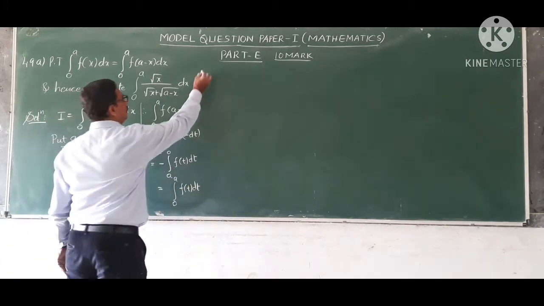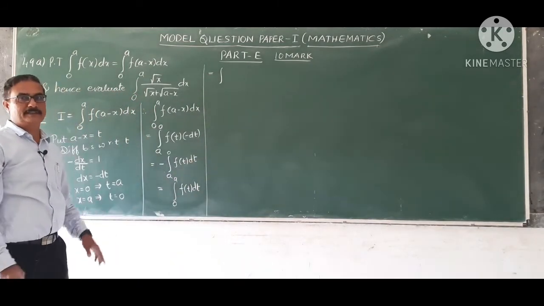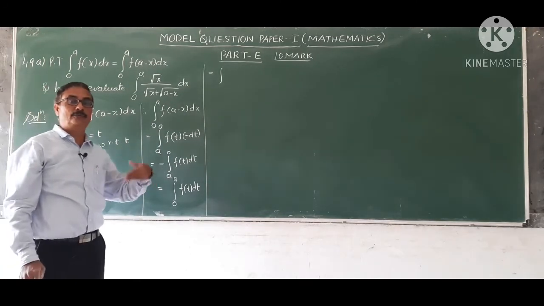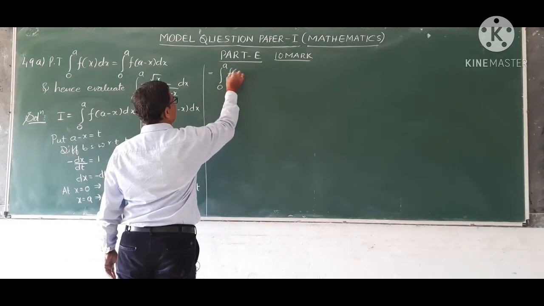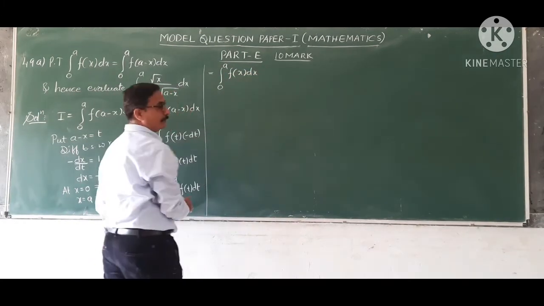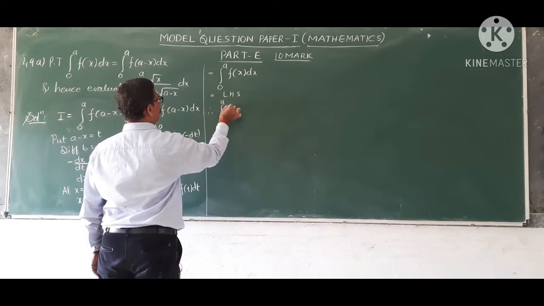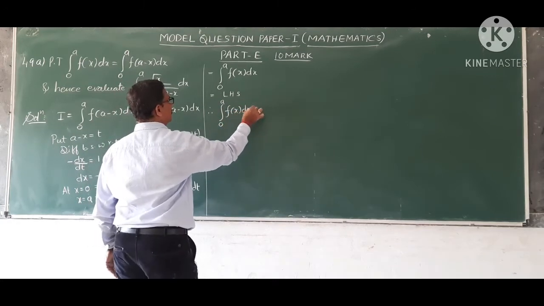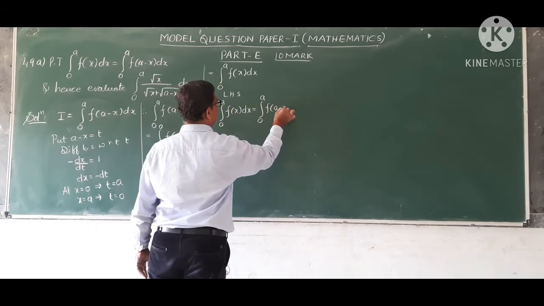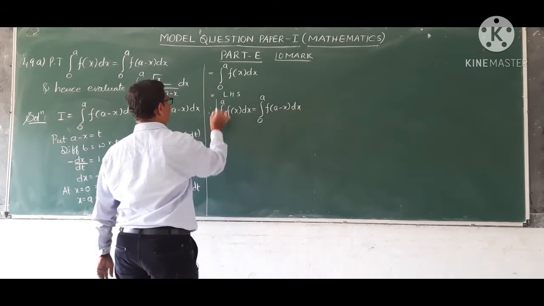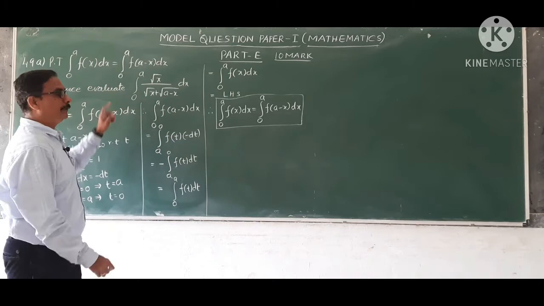Again you know that by properties of definite integral, integral from a to b f of x dx is equal to the same limits a to b f of another variable t dt. Instead of t we can write x dx because t and x are just variables here. Now that is equal to LHS. Therefore integral from 0 to a f of x with respect to x is equal to the same limits f of a minus x with respect to x, replacing x by upper limit minus x. First part is over. Using this, evaluate the problem.